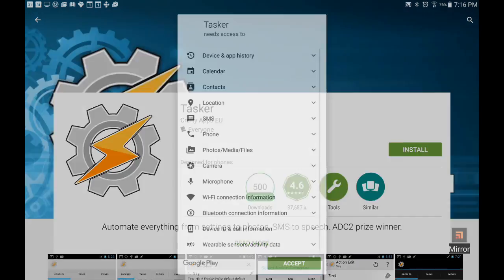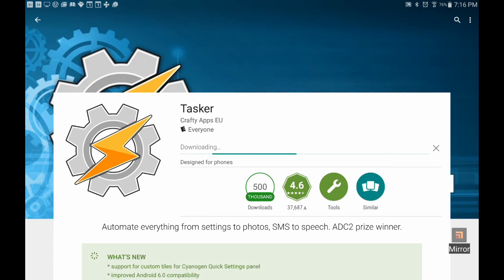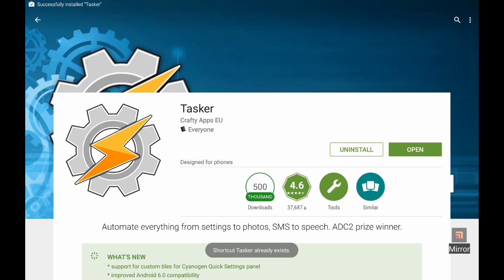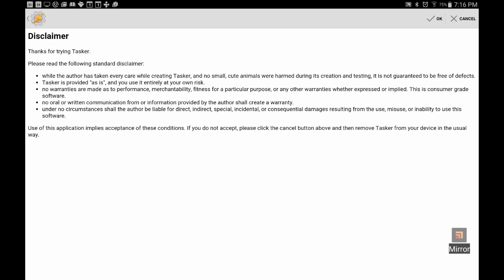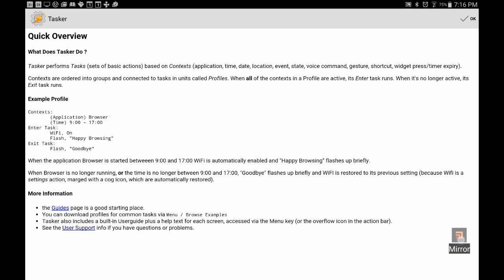Episode 2 of Tinkering with Tasker. If you've downloaded Tasker and installed it, then what you are seeing here is not unfamiliar. Now, the first time you run Tasker, you're going to see this disclaimer here. You can just tap on OK there in the upper right-hand corner. And then you come to this quick overview screen, and that is something that you are going to want to